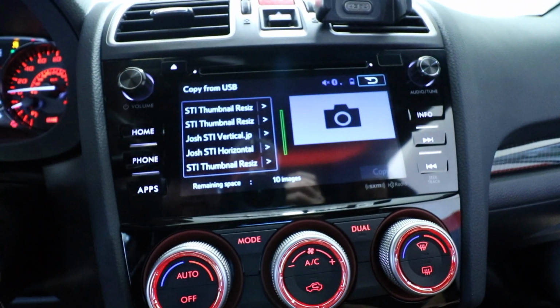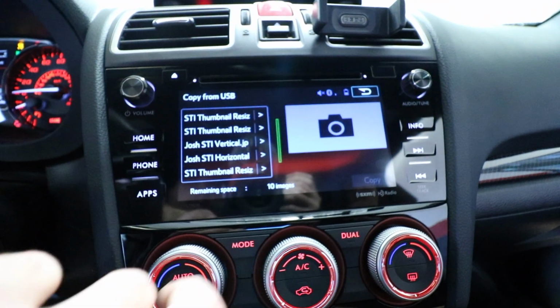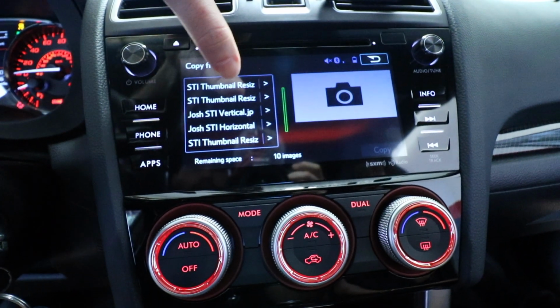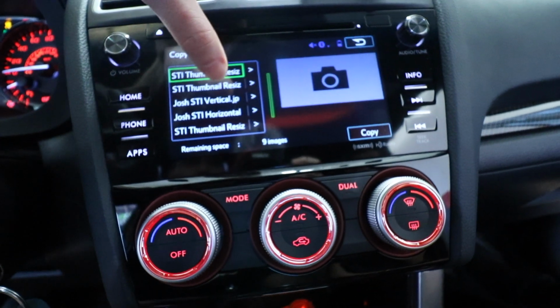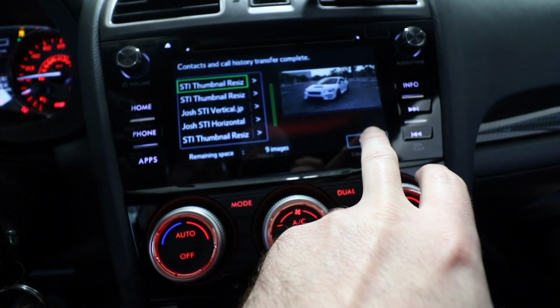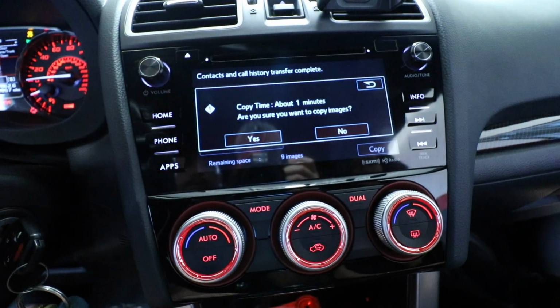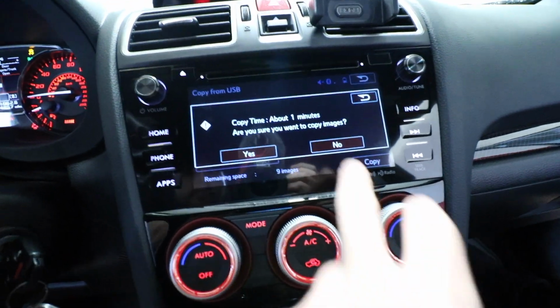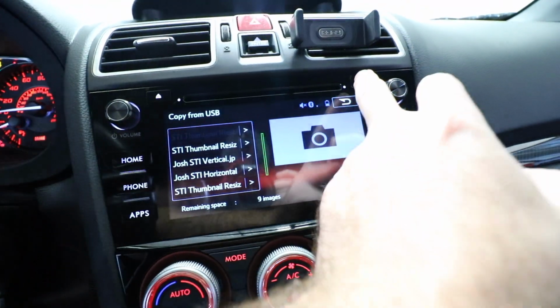Alright, so here are the images. So you select the ones that you want to copy over. So that's the one I'm going to be using. So I'll just go ahead and copy that one over. Copy time is about 1 minute. Alright, now that that's copied, we're going to go back